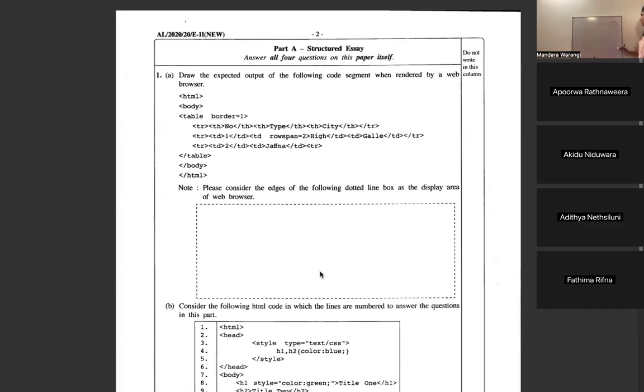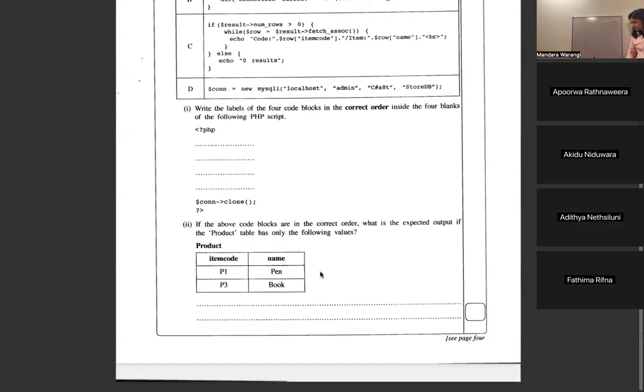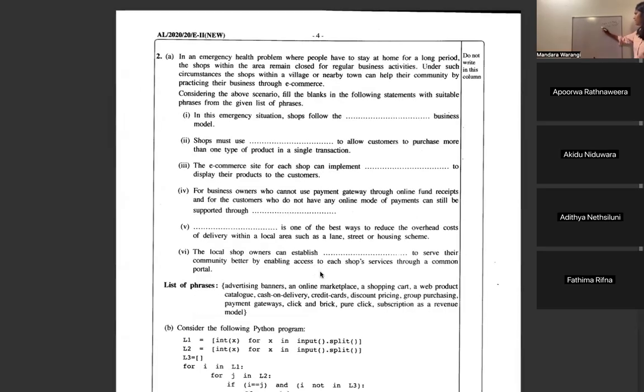PHP as the main language. Then you have all three languages in this. And the second question could be a mixture. This is the first. And then when you go to the second question, Lavai, the second question could be a mixture of some lessons. So here you have